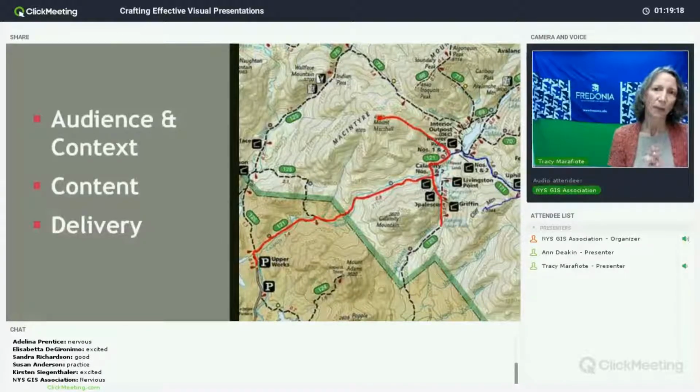Now, before we talk about the elements of audience and context, I want to clarify that I'm working from the assumption that most of you are here because you're interested in presenting your work and yourself at academic conferences. Now, even if this is not necessarily the case for you, I want to emphasize that nearly all of the